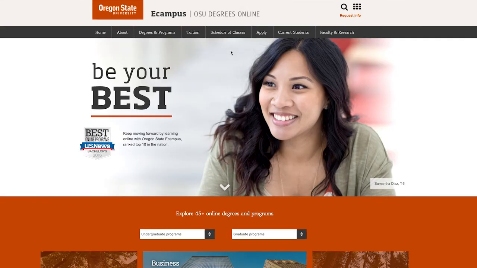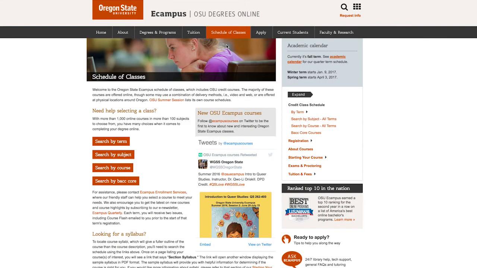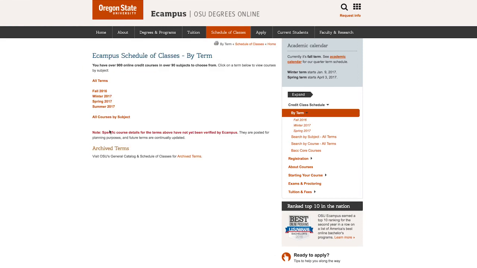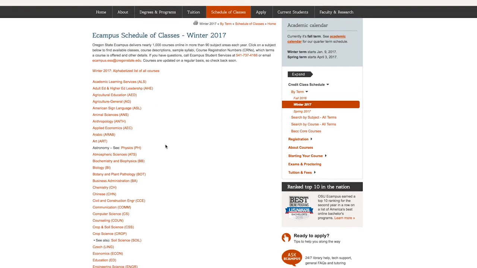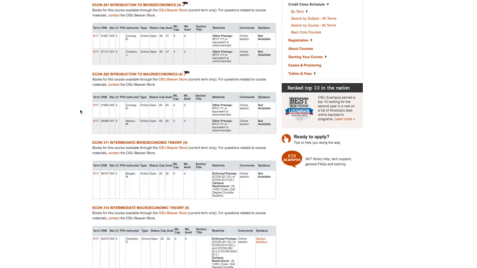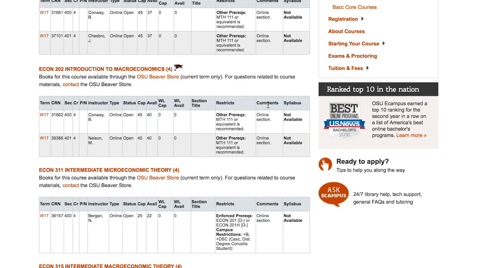As you prepare for future terms, we highly recommend that you look at the eCampus schedule of classes for planning purposes. This will help reduce confusion around upcoming classes, as it will only show classes that are offered online. Please read any information listed in the Comments and Restrictions sections to give you more specific information about the class. You will also want to take note of any prerequisites or restrictions that might prevent you from registering for the course.